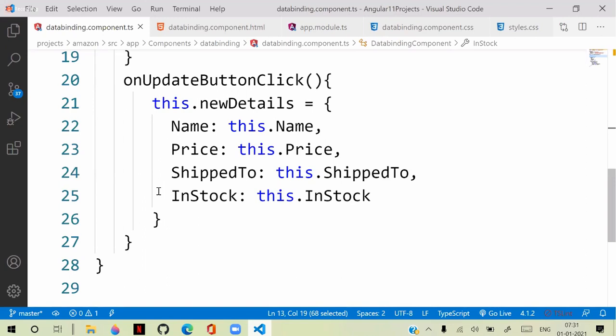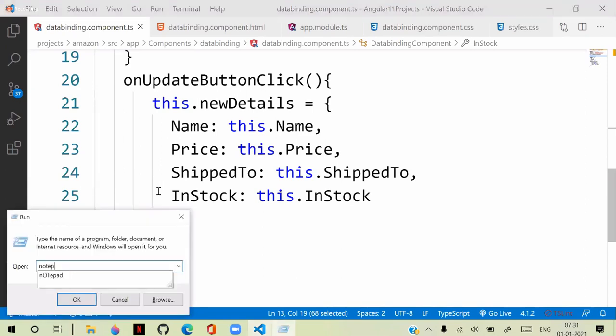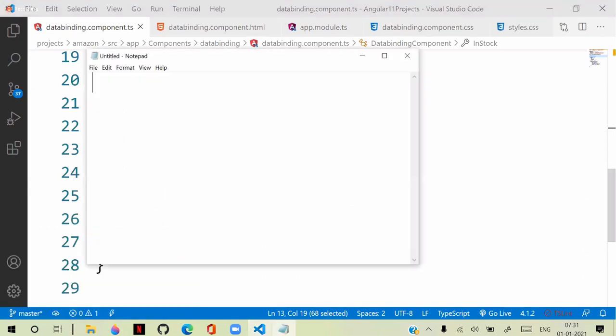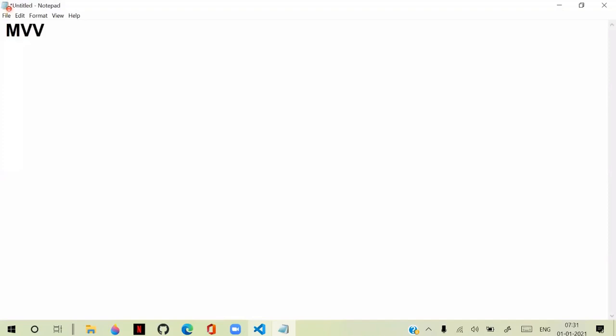So we can also use different approaches according to the situation. In Angular, we can also use the MVVM framework. That means Angular supports both MVC and MVVM. Both frameworks can be in one component also.